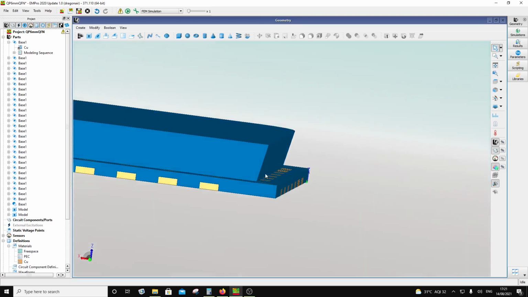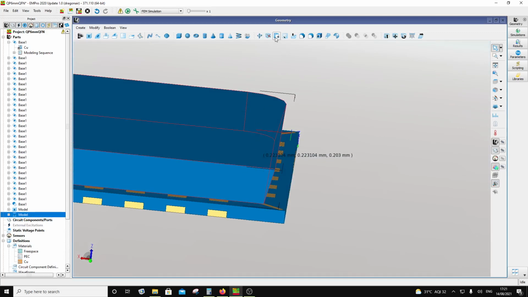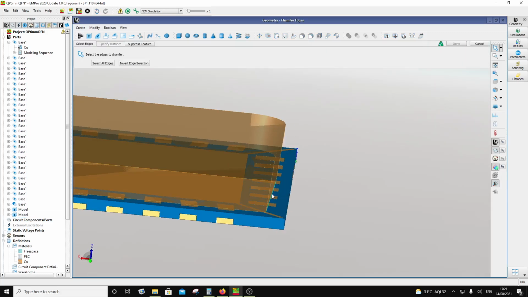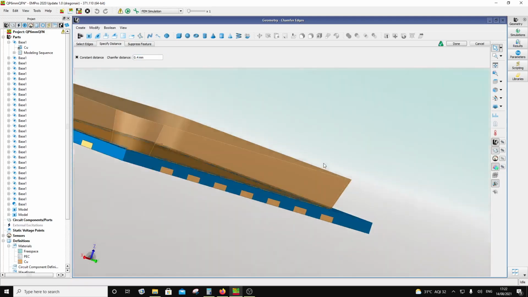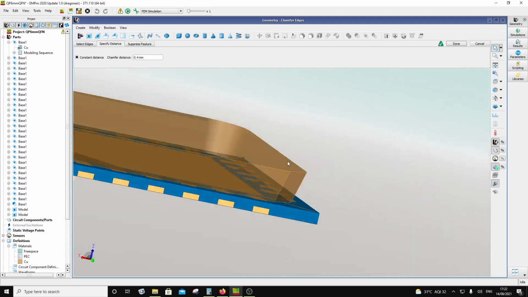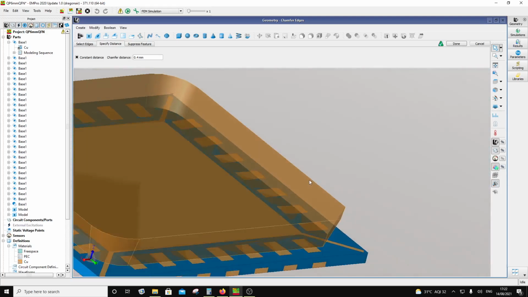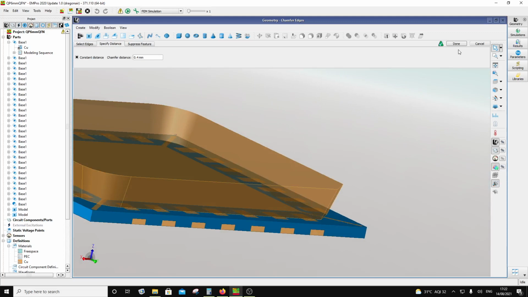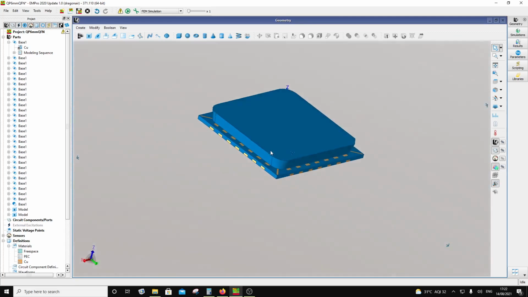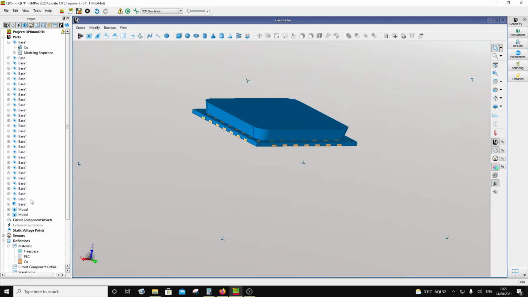Then I am going to chamfer this edge. Right. So if I select this, I want to chamfer this edge. So that will be called chamfer. I'll pick the edge. Okay, and I would chamfer it by 0.4 mm. Okay, so this is chamfered by 0.4 mm. Correct? So this is the hollow portion which is going to open up. Right, so after this, I'm going to say done. So this block has to be subtracted from